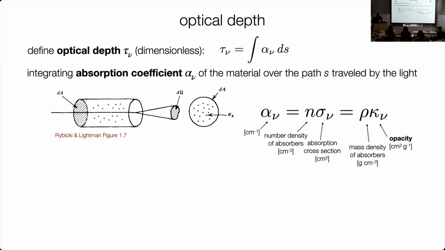But the optical depth is very important in spectroscopy. So here's the definition. We saw this before. You can write it as the integral of this absorption coefficient over the path that the light is traveling. Okay, and then again, Brian had all of this. You can either do it in terms of the absorption cross section of the absorbers or scatterers. It doesn't really matter. Or as we usually do, in terms of the density of absorbers, the mass density, and